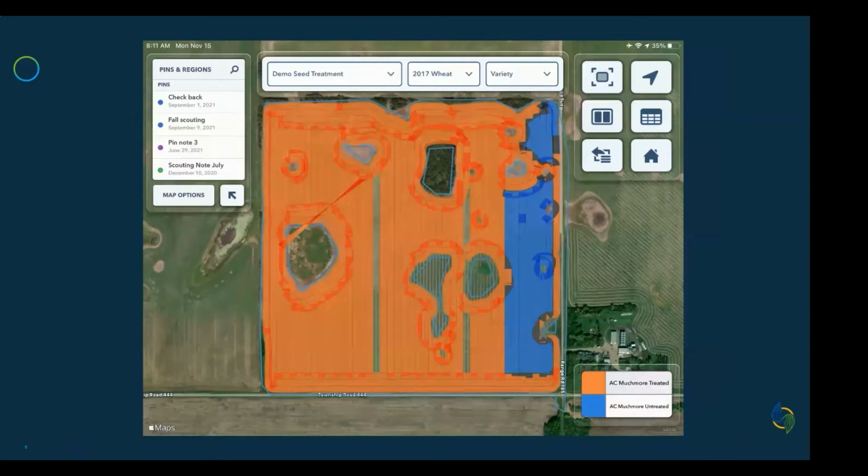Let's take a few minutes and run through a real-world example of how field region reports can be a valuable tool to get an accurate understanding of your field trial data. In this example, we have treated wheat seed versus untreated, orange being treated and blue being untreated. As you can see from the seeding layer data, the comparison was conducted on the east side of this field